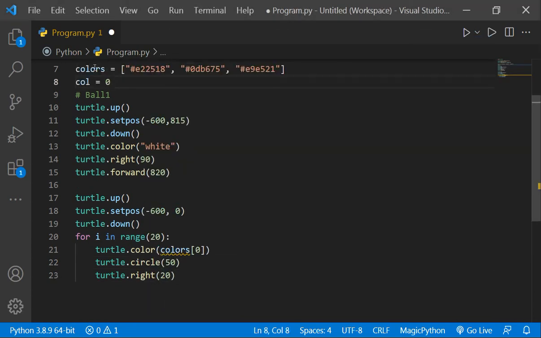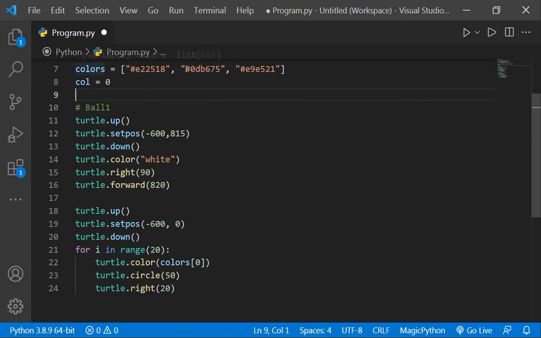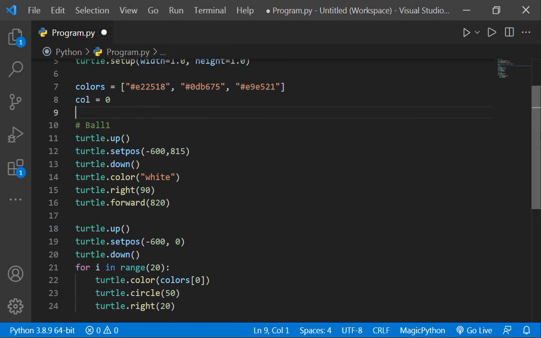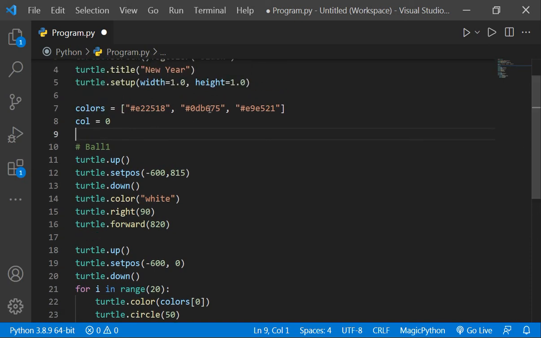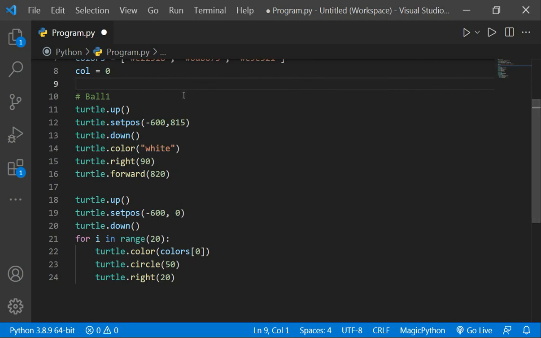This is the list, and there are 3 colors in it, the hex values of those 3 colors. Here I have made one variable whose value is 0. And here we have made one ball for the decoration.